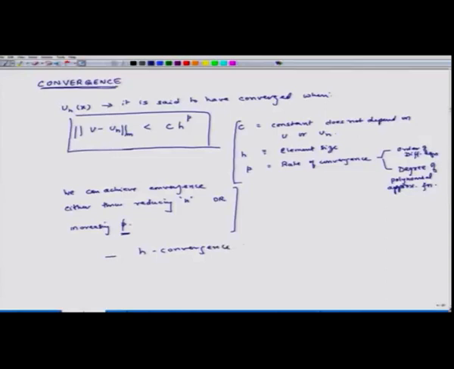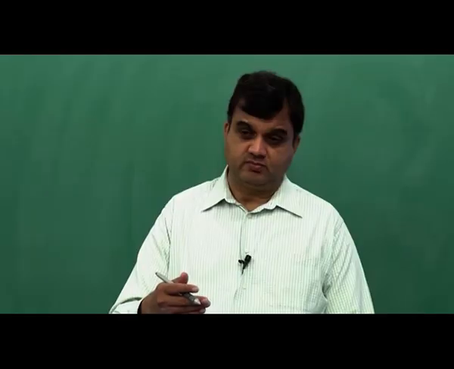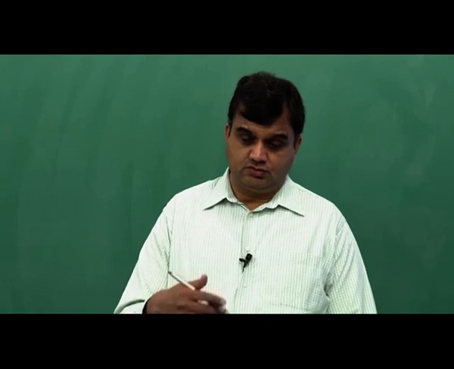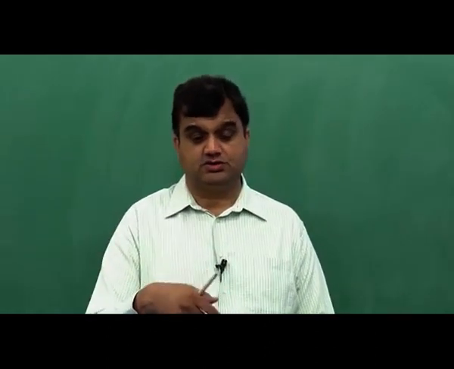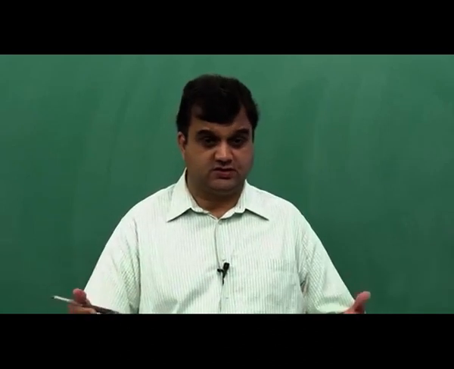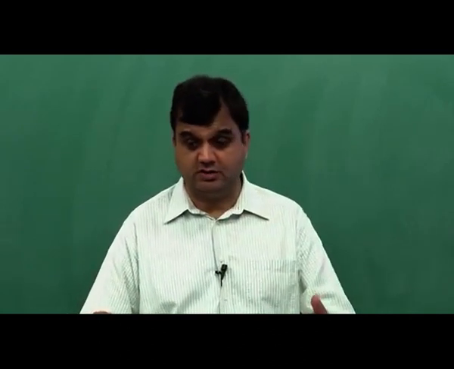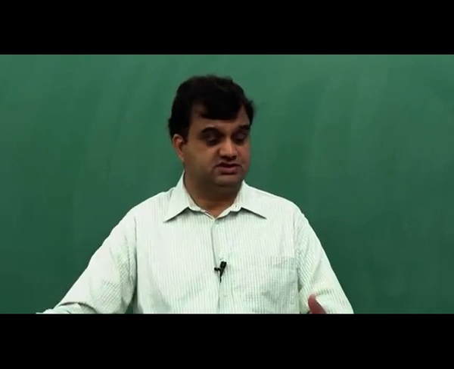Okay. So in a lot of literature they say, oh, this is an H converged solution, which means that convergence was obtained by reducing the element size progressively. So you start with 10 elements, then you do 20 elements, and you find the difference in solutions, because you do not know the exact solution, that is why you are solving the problem. So how do you achieve H convergence?